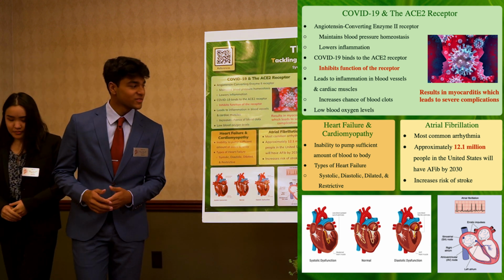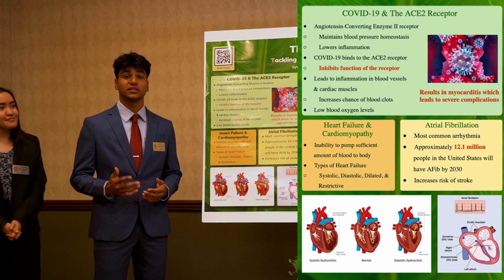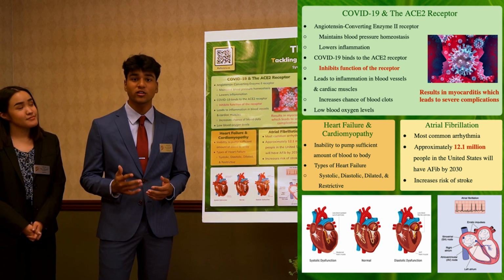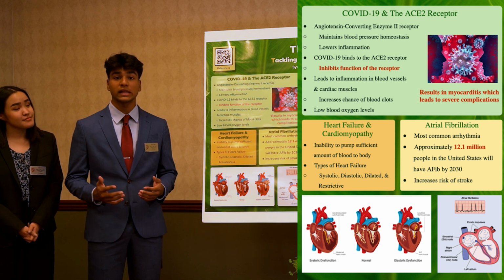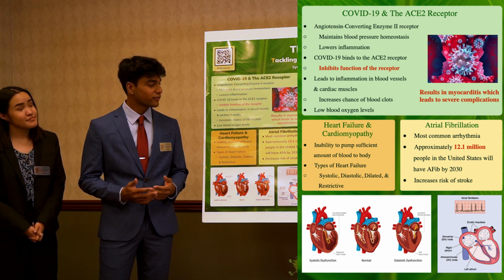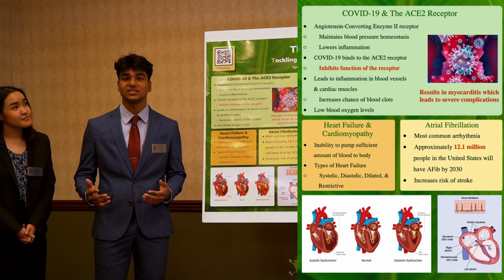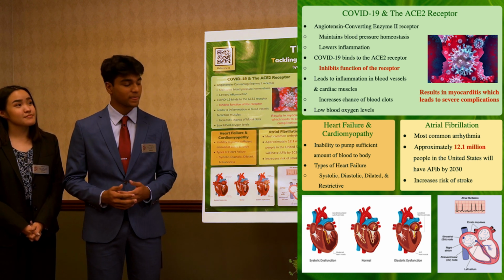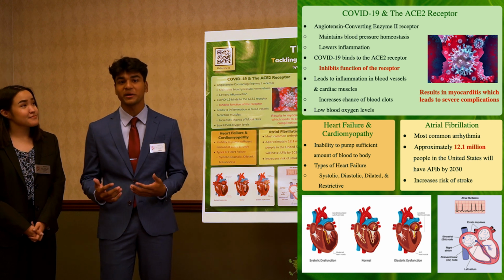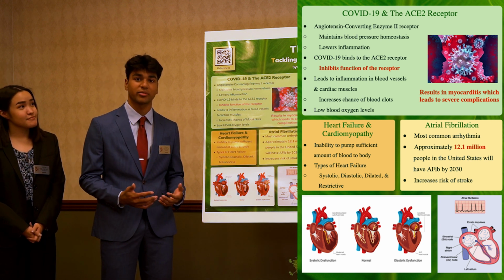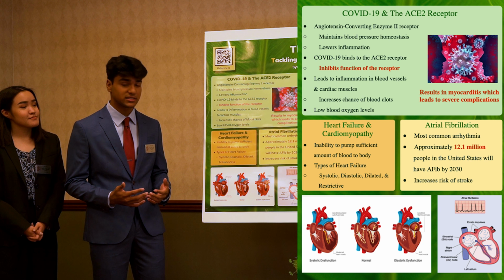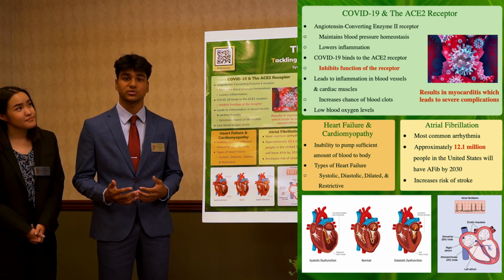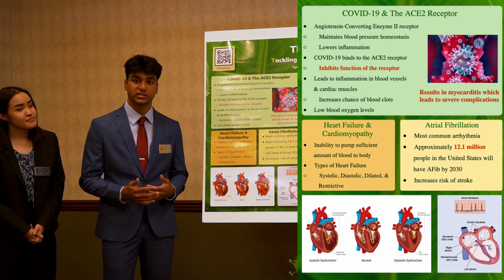Thank you, Ashley. Close to 6.2 million adults in the United States have heart failure, and it is estimated that 12.1 million people will have AFib in 2030. From these statistics, it is obvious to see that these cardiovascular epidemics plague our society as a whole. As Ashley mentioned, prolonged myocarditis can lead to cardiomyopathy. Cardiomyopathy is defined as a disease of the heart muscle. The types of cardiomyopathy I'll be discussing with you today are dilated and restrictive.